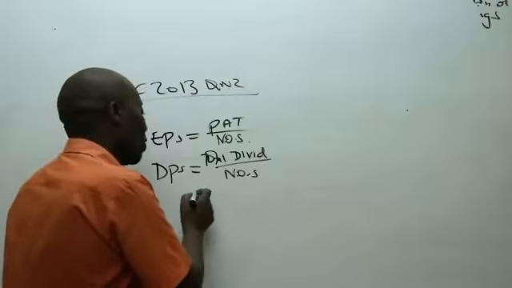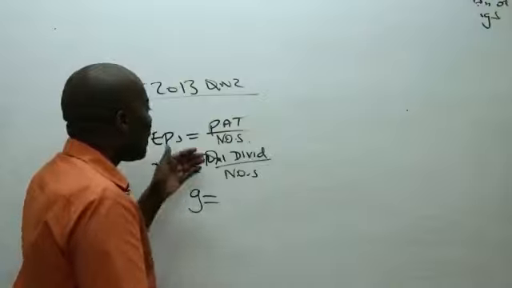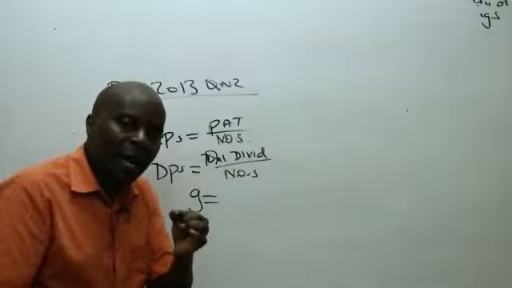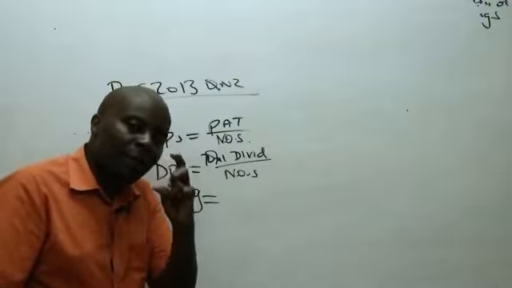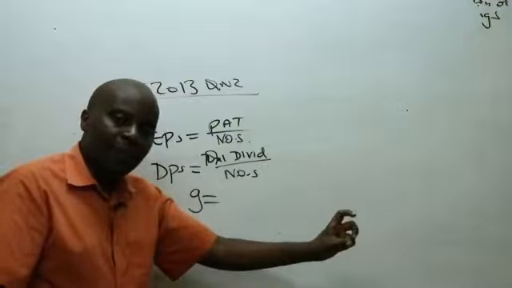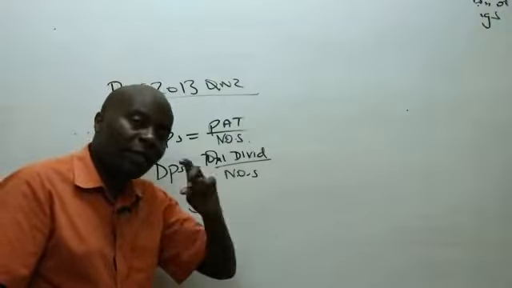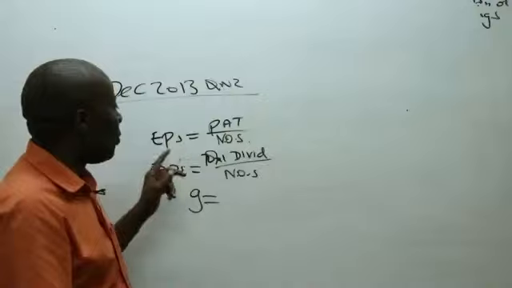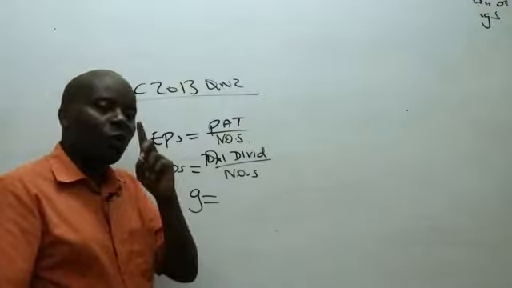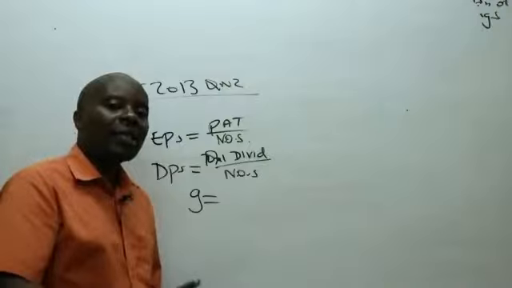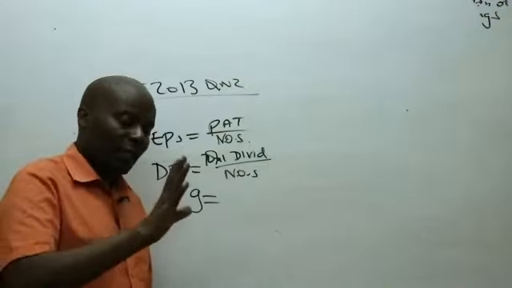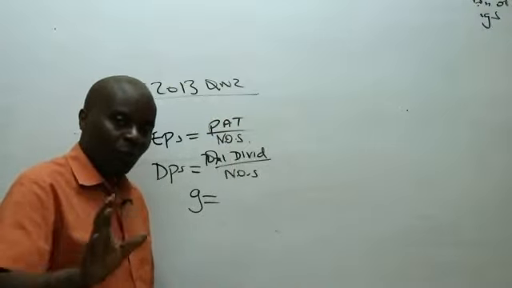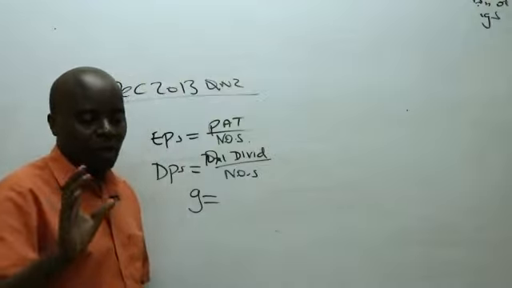So when you are getting the growth rate, listen to me very well. I've seen students who use earnings per share. We can only use earnings per share if the dividend payout ratio is the same, like this question, which was 40% throughout. But if the dividend payout ratio is different, and you use EPS to get the growth rate, you will be wrong. That is why in all my classes I tell my students, regardless of the EPS you are given, always calculate DPS for each year, to avoid confusion. So I hope, Brian, I've been able to answer you.